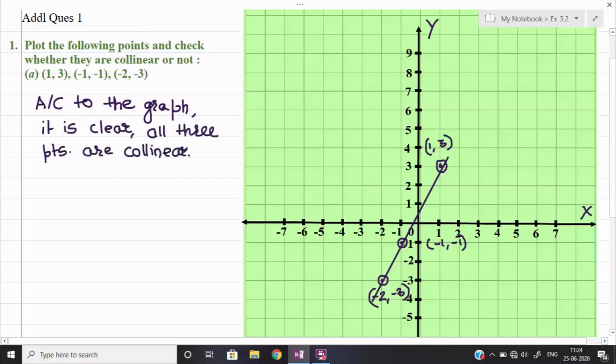If they do not come collinear, meaning whenever joining with the help of a line they are not coming on one line, then you can say that they are non-collinear. In that case, don't form the line between any 2 points. Only if all the 3 points are coming onto the line, then try to draw the line. If you judge all the 3 points are not coming onto the line, then simply say, since all the 3 points are not coming onto the line, they are non-collinear, or as per the graph they are not collinear. Okay, now let us see the next question.